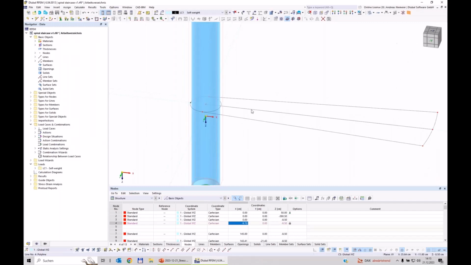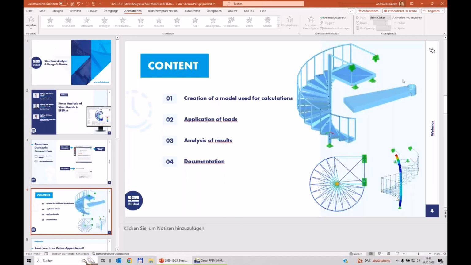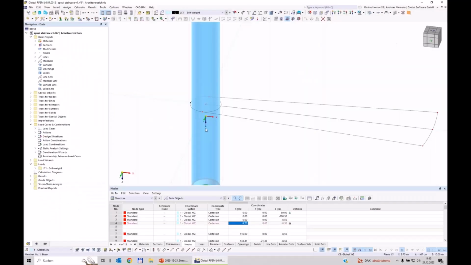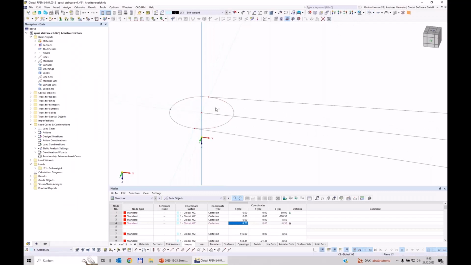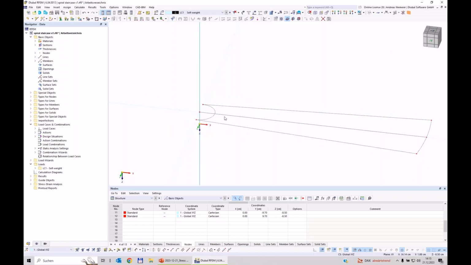And here, because we have this circular sleeve, I have only a half circle. So I cut this circle with the definition nodes of the line and can delete this left part